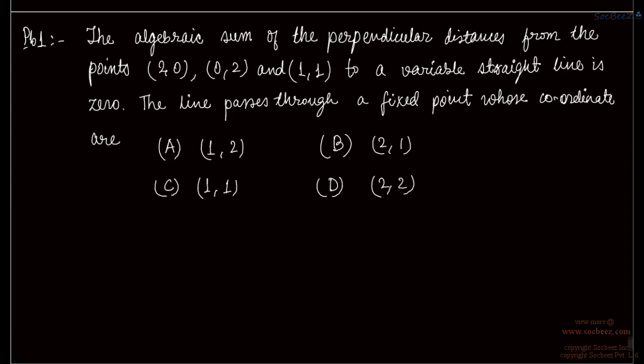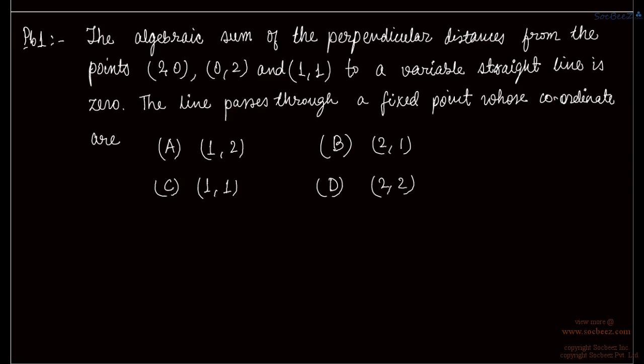So here is problem 1. The problem is: the algebraic sum of perpendicular distances from points (2, 0), (0, 2) and (1, 1) to a variable straight line is 0. Okay, so the line passes through a fixed point whose coordinates are... So there is a variable straight line from which the algebraic sum of the perpendicular distances from these points is